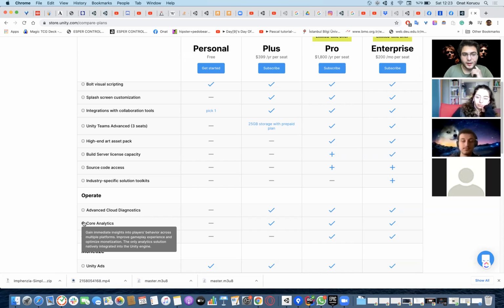We actually use an alternative to that, which is Firebase, and Firebase tells us some data like